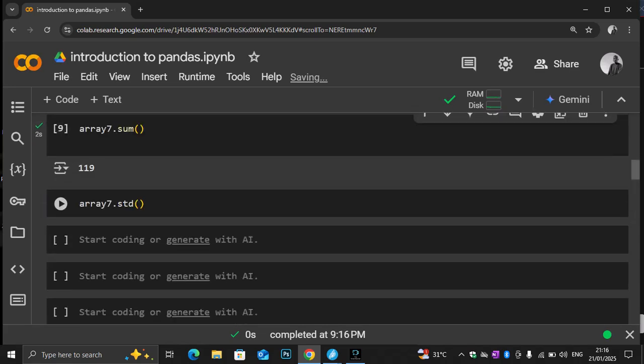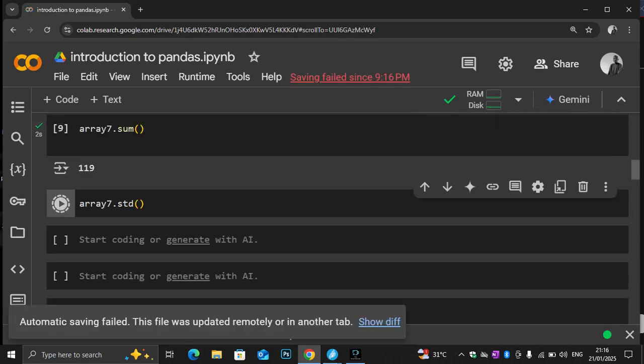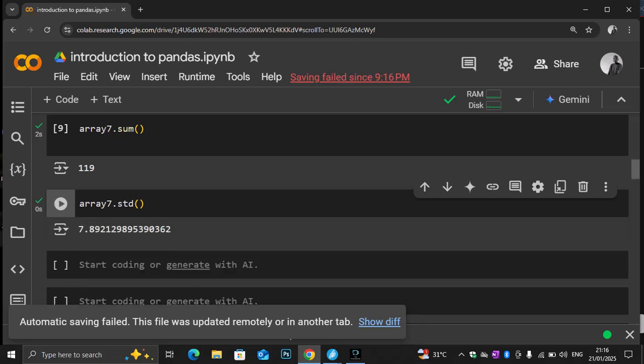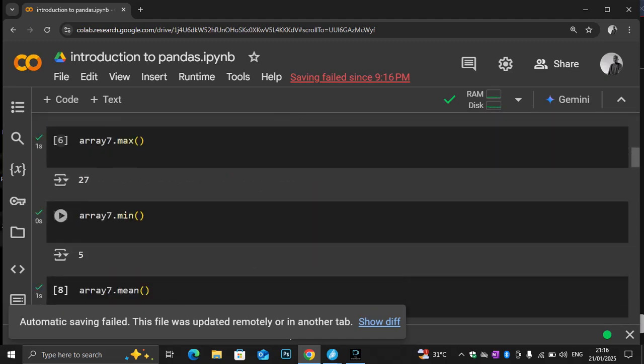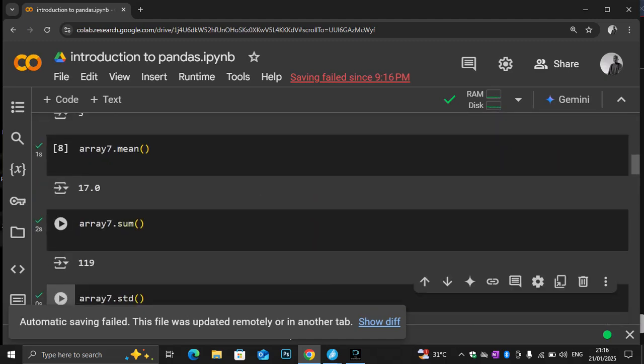So now we are looking for the standard deviation. This is the standard deviation of the list of the arrays. So I believe you have learned about this. Now we are going to